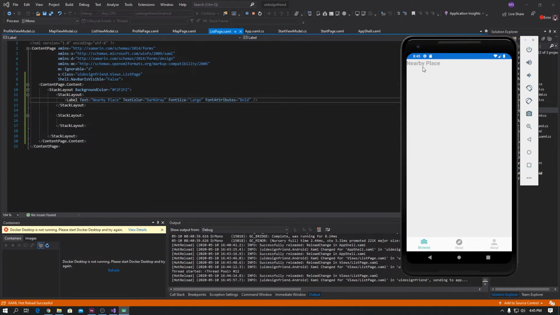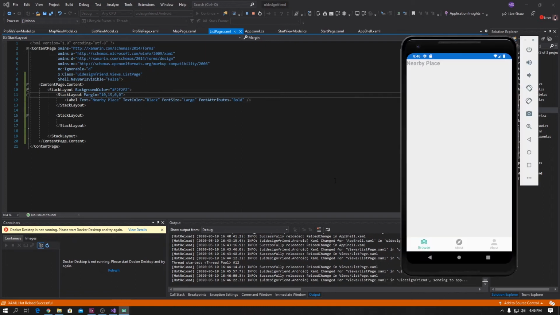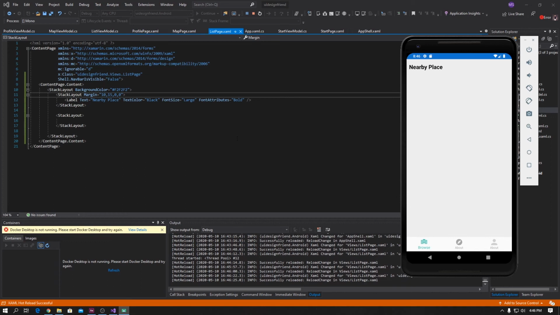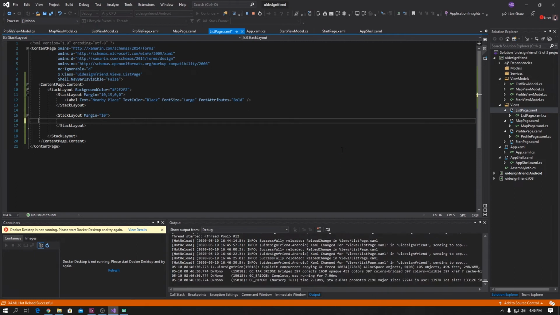Alright, so you can have it. I think I'm going to change to black, and then I'm going to create a margin, maybe 10, and maybe 15, 0, and 0. Alright, so after that, on the stack layout over here, we need to create a margin of 10, and then